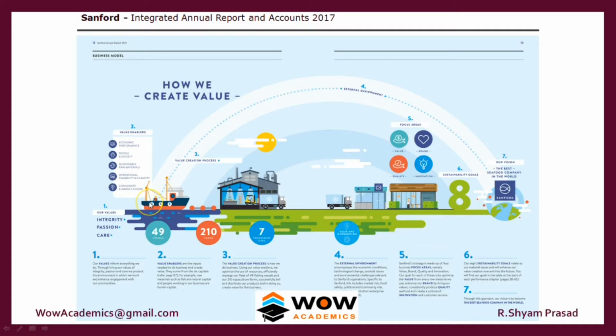Fishing is a value addition, cleaning is a value addition, transportation is a value addition, storing in a convenience store is a value addition. So this is how the value is being generated by this company. Every company has its own value creation method. So what you do is you go to Google and type business model canvas. You will get an idea about how value is being created by a company. So that is a good starting point for you.